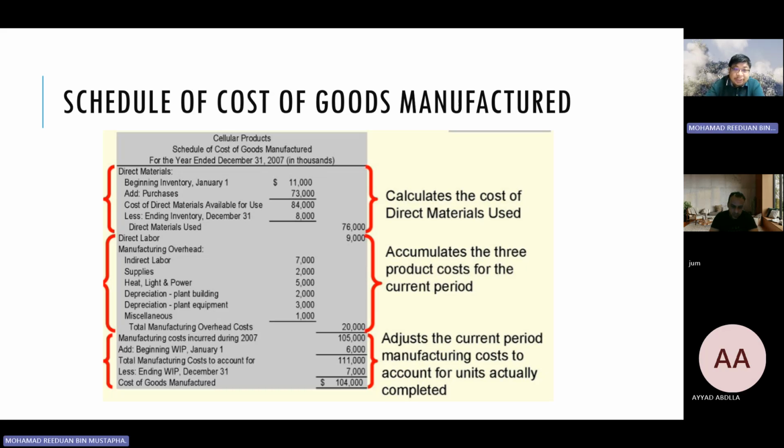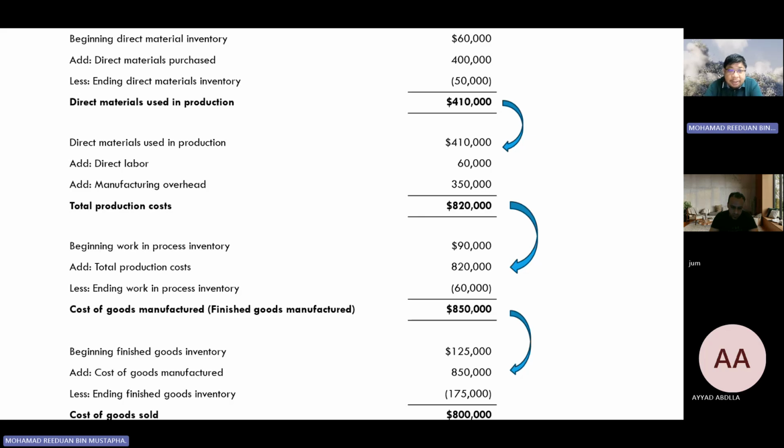So if you look into this, the beginning direct material inventory, for instance, add direct material purchases, less ending direct material inventory. So this is the direct material used in the production. So all these will be accumulated from the beginning of the year. So this is very common, how to calculate your cost of goods manufactured, or it is the same to calculate your cost of goods sold